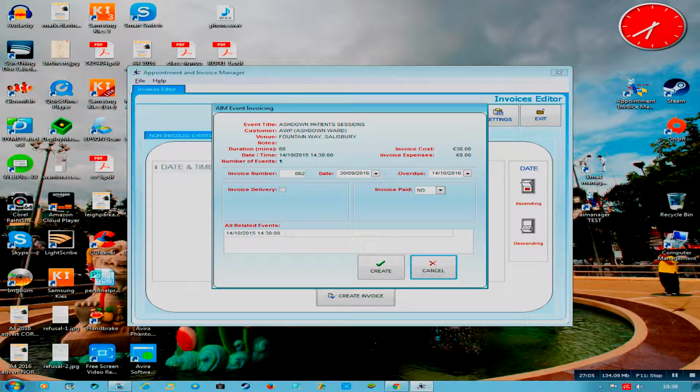The number of events is 1. This is the invoice number and the date, and when the invoice is overdue. So this is the date that it will become overdue. Is it paid or not? You can actually have an invoice issued and it's already been paid, so you can set that. Likewise, if you've delivered it or if you've given the invoice, you can set the delivery method. But obviously if you're creating it for the first time, then it will be blank. So I'm going to create that invoice,